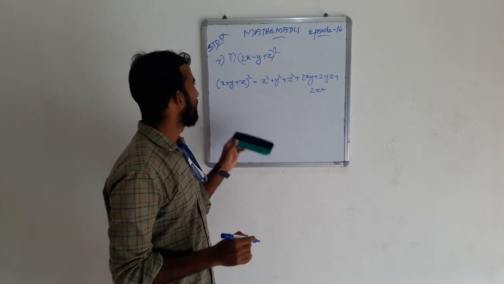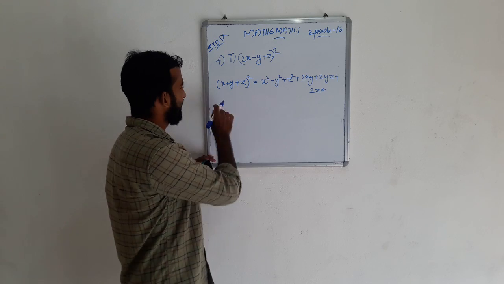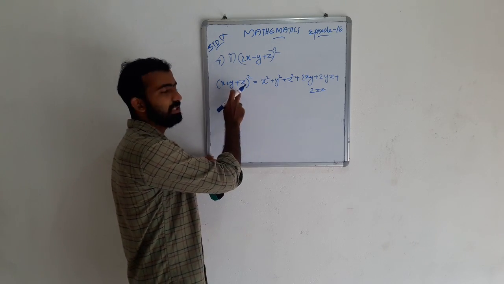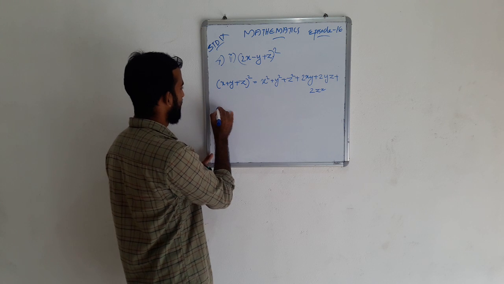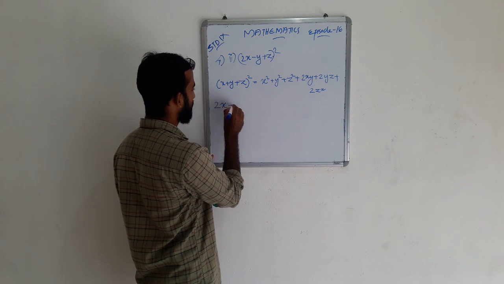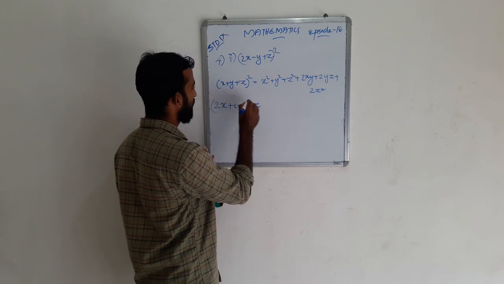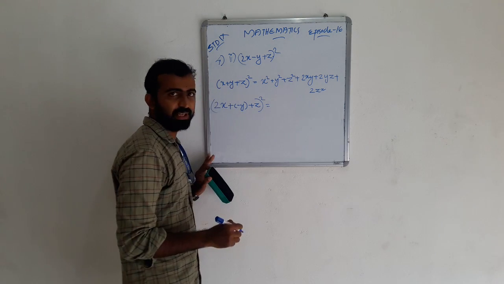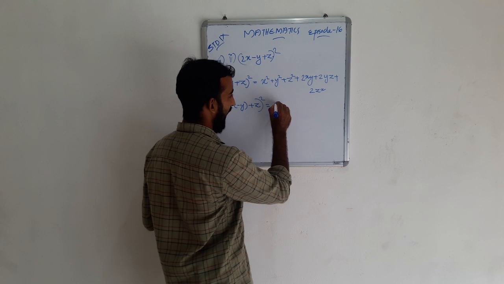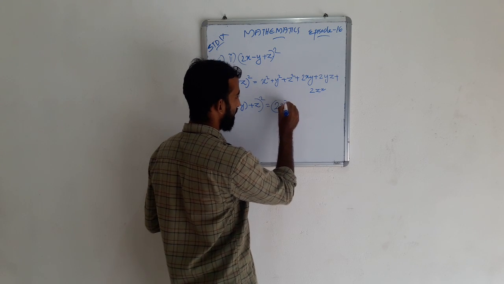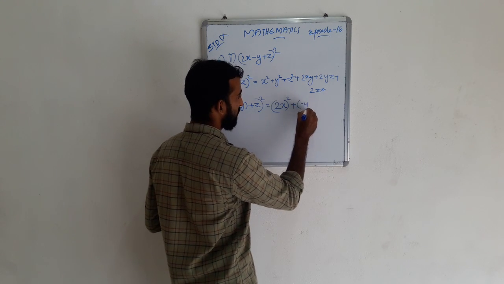We want to find this. Here we also use this identity. Here we can write 2x plus minus y plus z the whole square. That is, we can write x square plus y square plus